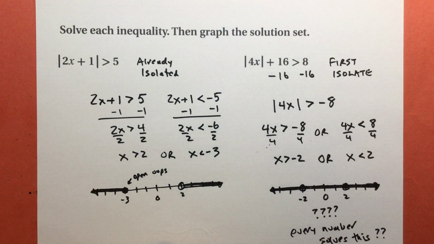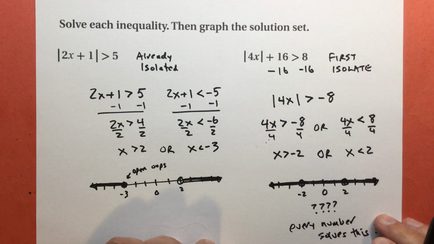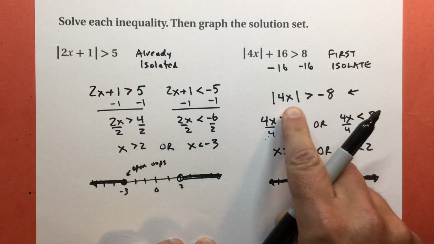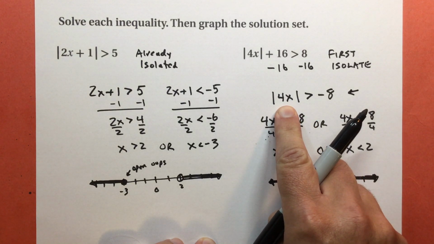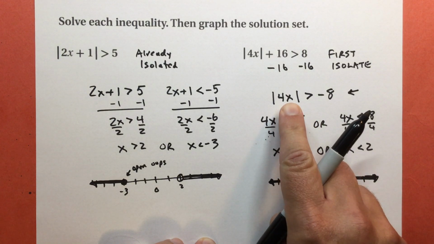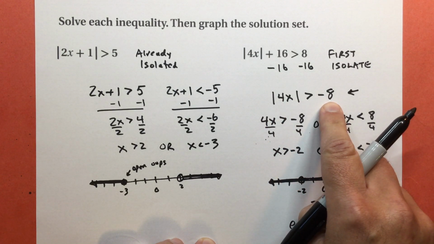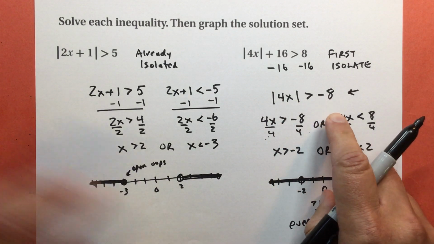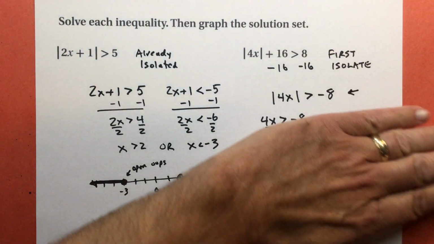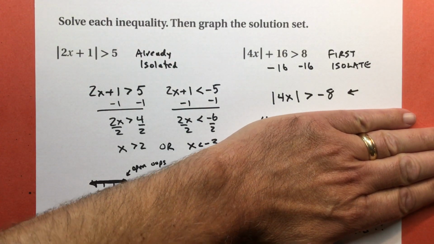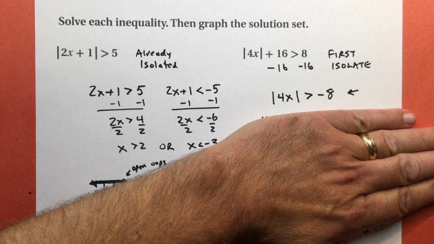Okay, now I mentioned a moment ago that I was hoping someone would notice this. Let's go back up here. The absolute value of anything has to be positive. Every positive number is greater than negative 8. So I could have totally just stopped. I didn't even have to do any of this. I did that on purpose. I could have stopped right there and said,